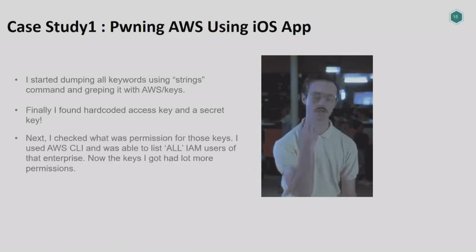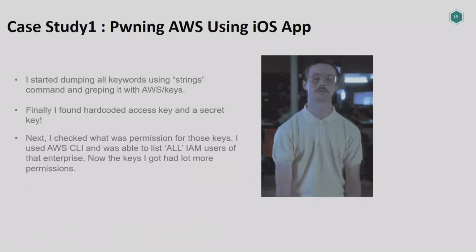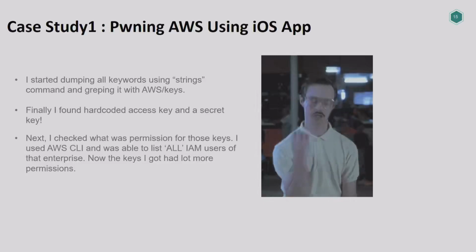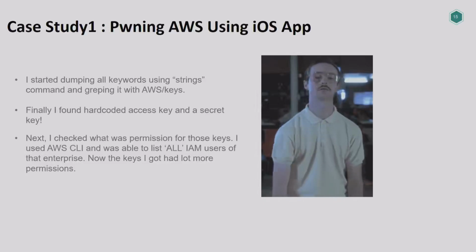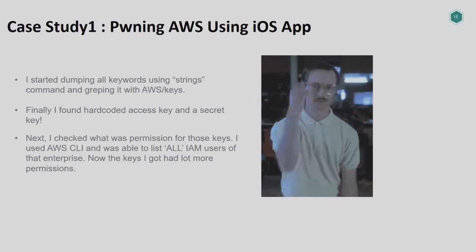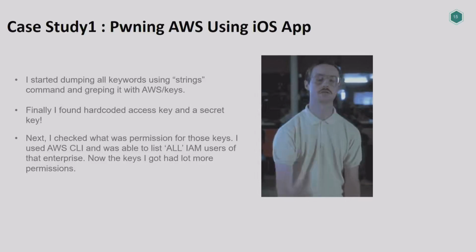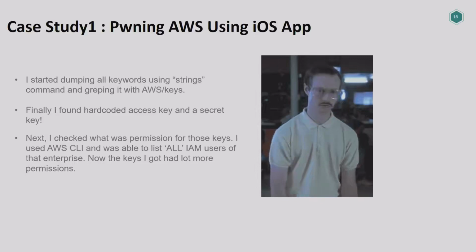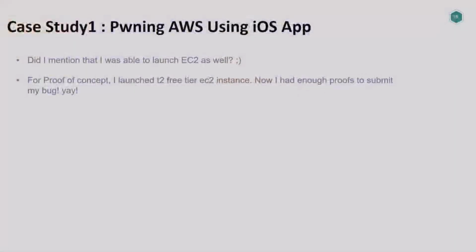So next, I got the keys, what can I do with them, right? It depends on the permissions. So I checked what permissions I had, and I was able to list all the IAM users of that particular enterprise, because it was misconfigured in AWS as well. The first mistake was hard coding the keys, and the second mistake was the permission issue. Then, just for the proof of concept, I launched one free tier EC2 instance